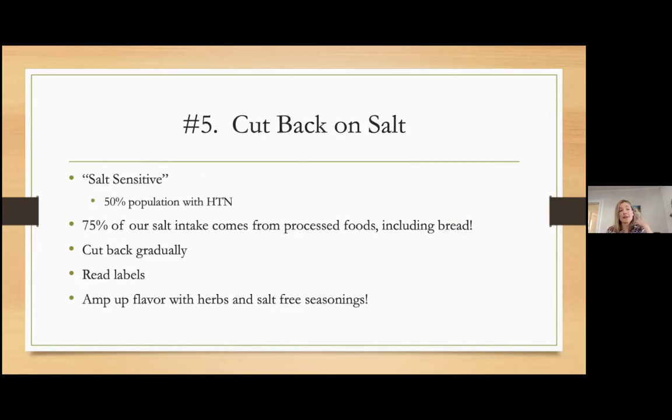Then, of course, cutting back on salt. Cut back gradually on salt, reading the labels, making sure that you're not getting too much salt, using lots of herbs and salt-free seasonings. When you're cutting back, it's really hard to go from a high salt diet to all of a sudden no salt whatsoever. And we don't want to go to a no salt diet. We do need some salt. So that's why you want to gradually cut back, and then your taste buds change. And all of a sudden, the things that tasted delicious and nice and salty to you before now taste like, oh, so salty. And so when you cut back gradually, it's an easier way to do it.